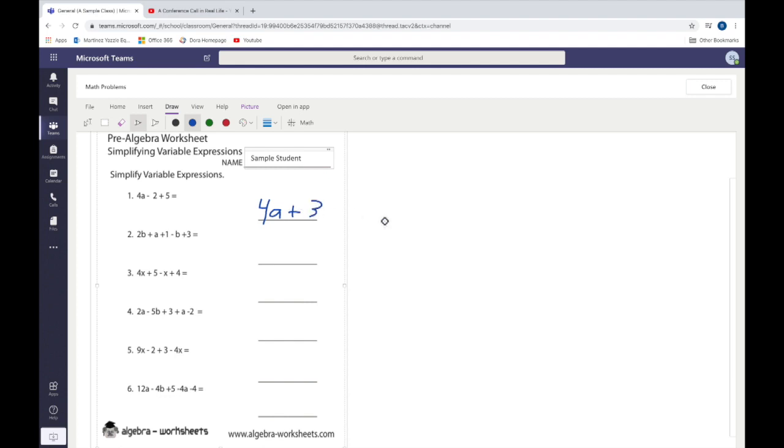Now, sometimes your writing may not be very legible when you're using a computer, and you might want to change it from what you wrote to text. If you're going to do this, I have found that if you will do it over here in the blank and then let it change it and then move it over, it works better. So let me show you. So I'm going to do question 3 here. So my answer